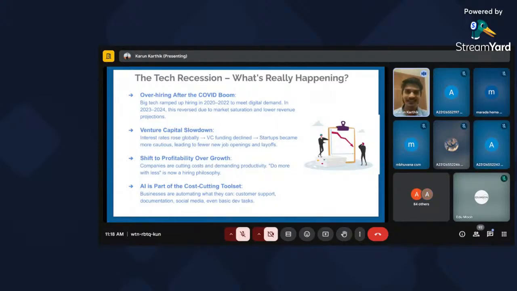And then the major point, the key point of our discussion today: the advent of AI. It has made a deeper cut on the monotonous roles in our jobs. So whatever day-to-day tasks are repeatable and can be automated are at risk now, because with a single AI tool you'll be able to eradicate all of them. Okay, so AI has become another cause of the tech recession that has happened,